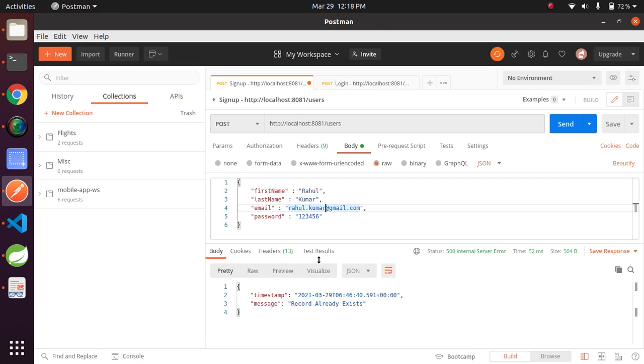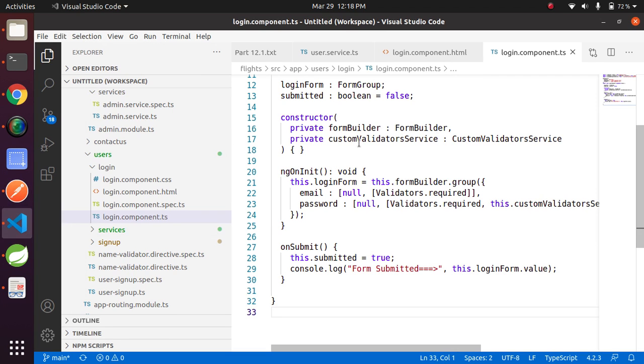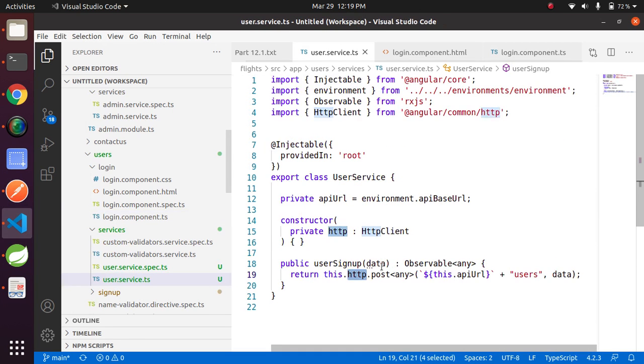Our login API is this, after the base URL /users/login, and in a response we will get the user ID and the authorization token. Let's move to the service file and add the observable.